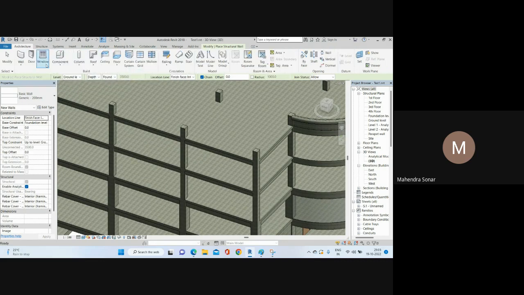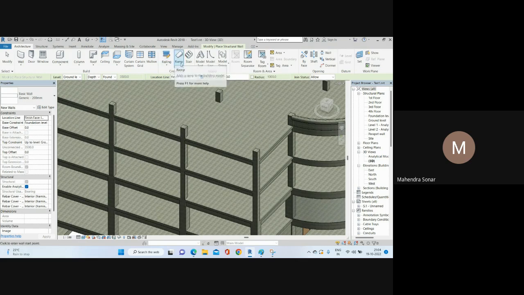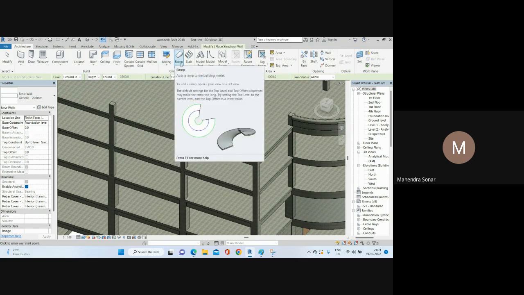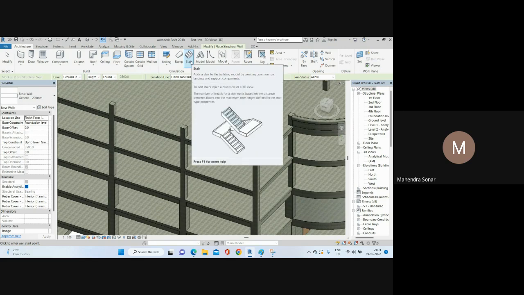आपको कब आर्किटेक्चर में जाना है? अगर आपको विंडो चाहिए, डोर चाहिए, रूफ चाहिए विथ स्लोप, तो यहाँ पे जाइए। ये आर्किटेक्चरल डिटेल से फ्लोर, मूलियन, कर्टन ग्रिड, ये अपने काम की है। ये रेलिंग है, यहाँ हम हैंडरेल डाल सकते हैं। रैम्प का ऑप्शन अगर हमारे पास स्ट्रक्चरल में नहीं है तो हम आर्किटेक्चर का रैम्प यूज करेंगे। फिर स्टेयर, ओके।